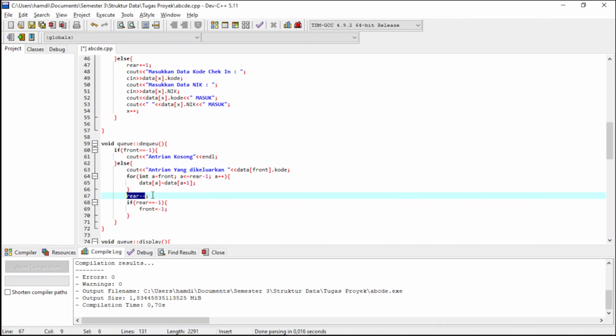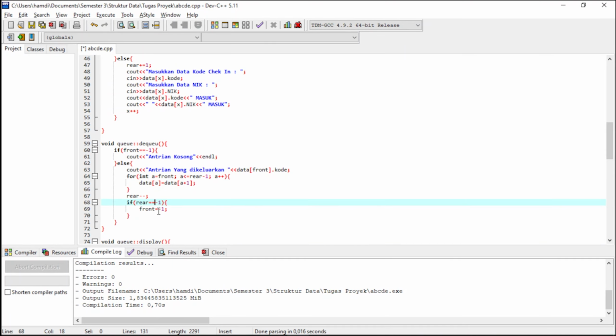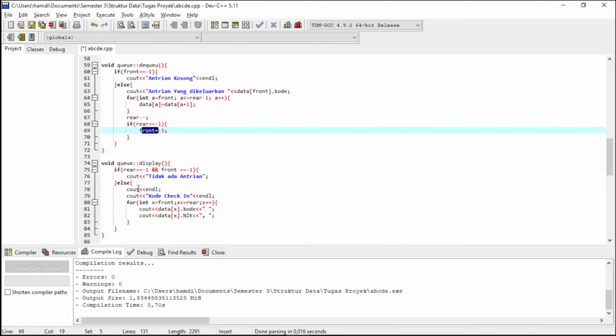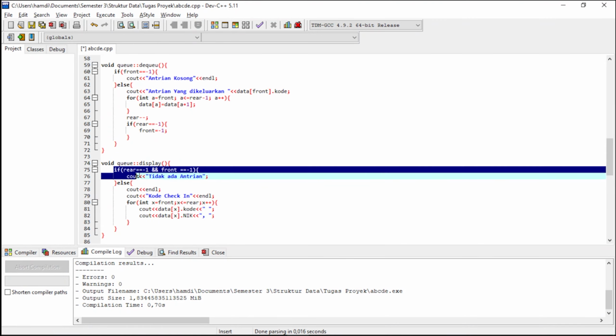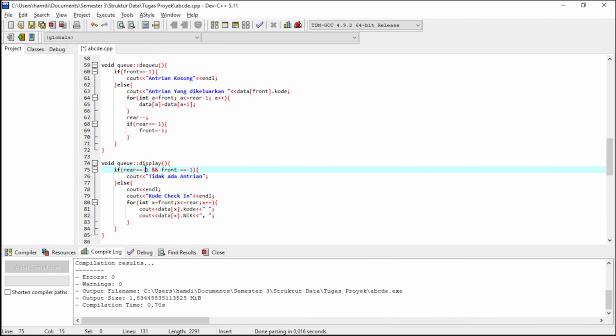And then if rear equals -1, then the front will equal -1 too. From the method display, we need to make the condition like this: rear equals 1